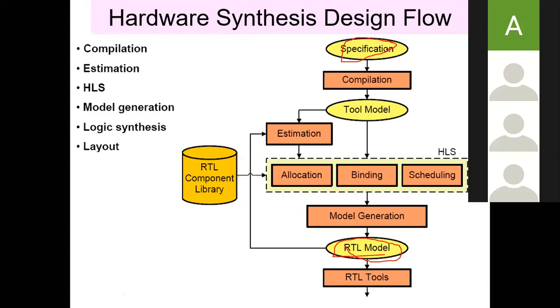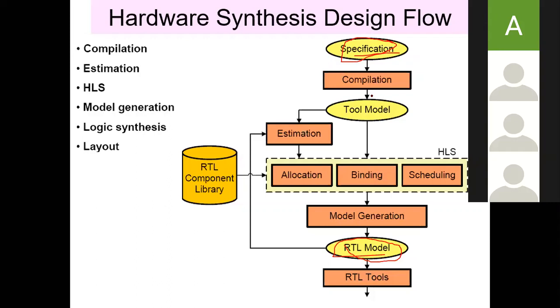The input is the specification, which is a C code that describes the functionality of that particular block. If we are talking about a hardware block, the actual role of that block will be written in some C code or some modeling language. That means SystemC can also be the specification. So the first step is the specification, which is the code corresponding to that particular block. It may be a C code or a SystemC code.